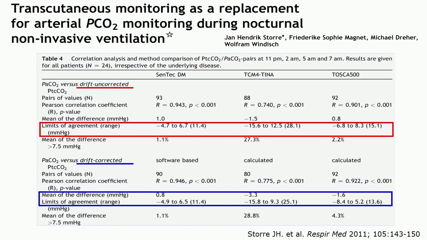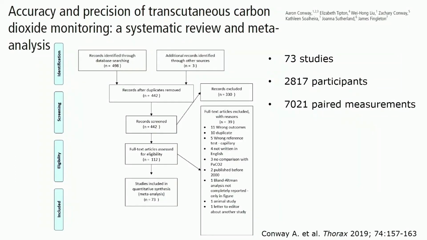However, if we go to the limits of agreement, -5 to 6.7, this is a little bit different. We can say this is within the clinically acceptable range, and this further improves if we retrospectively correct for the drift, and I will show some issues on this later on. So we have a very recent systematic review and meta-analysis on transcutaneous CO2 monitoring. Actually, the first message out of this study is that yes, transcutaneous CO2 monitoring is currently being used in clinical trials. You can see there had been more than 400 trials identified in which transcutaneous CO2 monitoring has been used, and out of this,